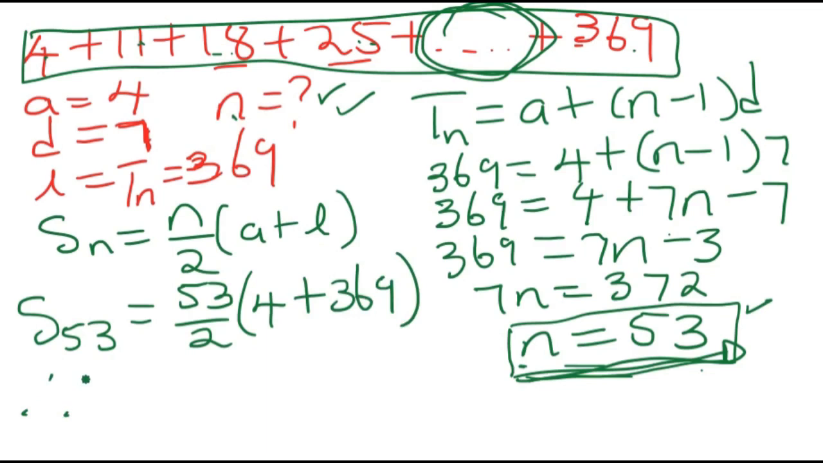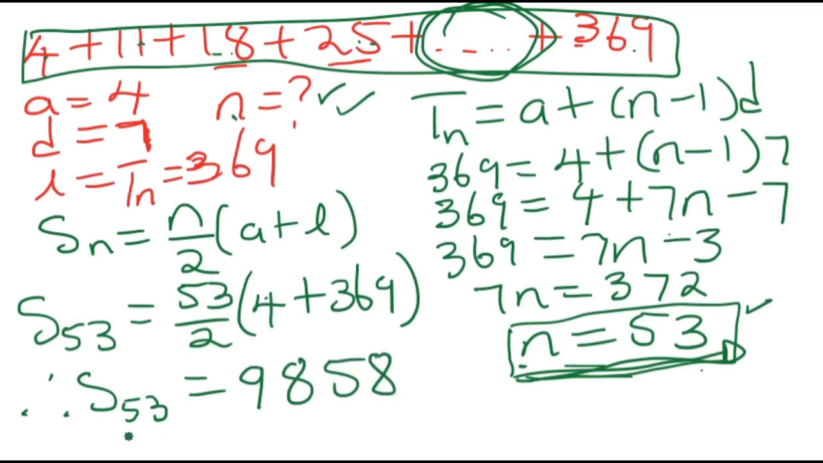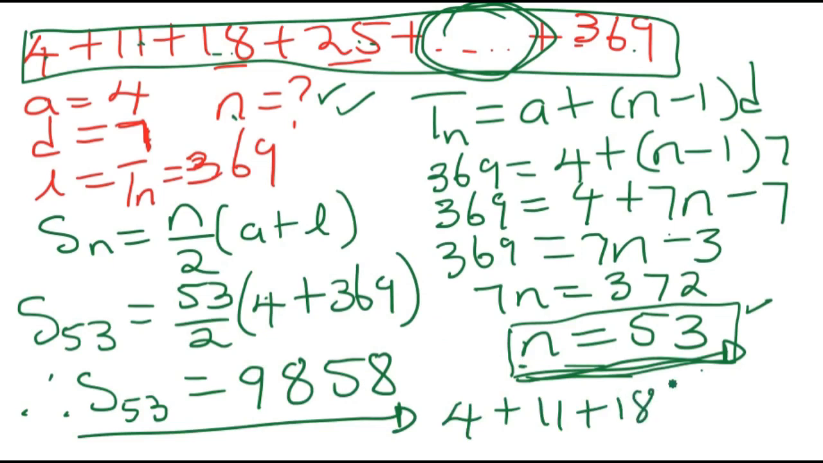Now we say therefore the sum of 53 is equal to, right, on this one you just have to press your calculator. Straight away press your calculator, or you can first add here and then press your calculator after. So if I press my calculator, the answer that I get is 9,858. All right, that is the answer that I get. So it means we are adding 4, we add with 11 plus 18 plus 25